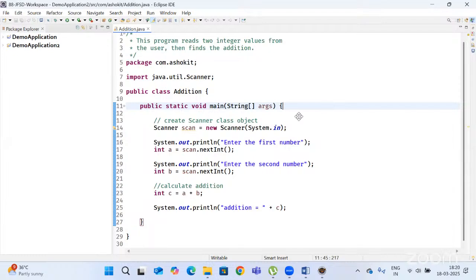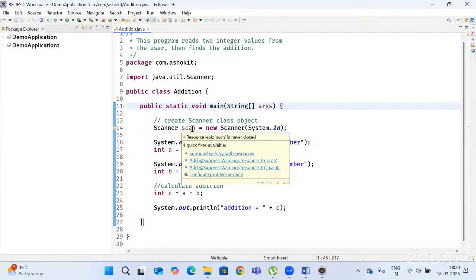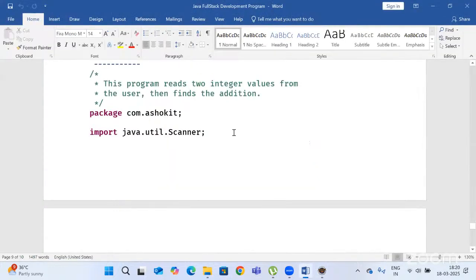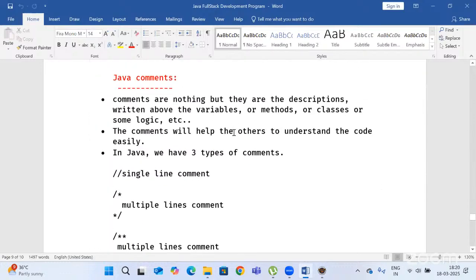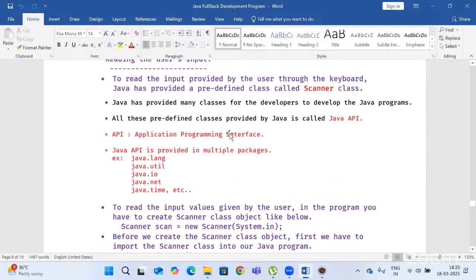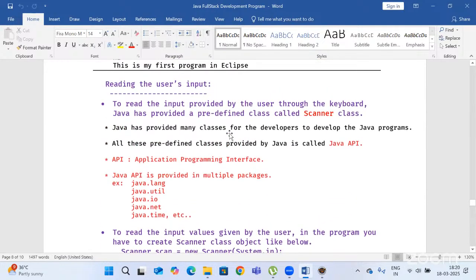By writing a Java program like this, by taking the scanner in the program, and by adding this import statement, by calling these methods, these are all I gave in the last session in the document as well. So today we want to do